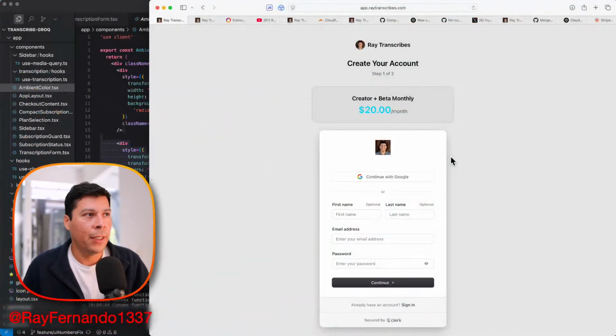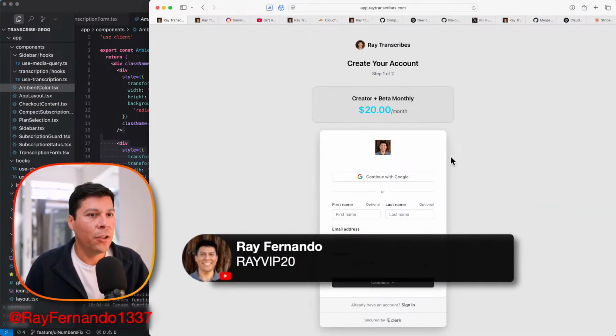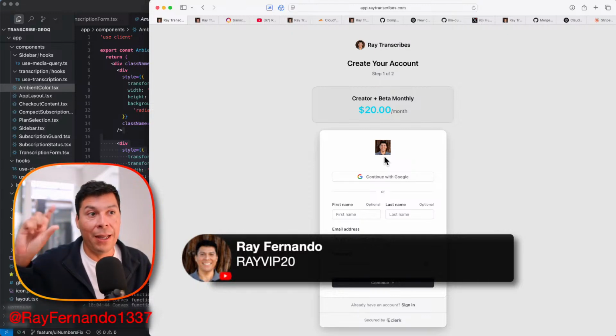Let me go ahead and sign out. Okay. All right. So let me go back. I hit the payment link. Okay. So now that I'm in here, what I do is if a user hasn't signed into my app yet, I have them create an account. And creating the account will make it so that when you check out with Stripe, I have your email